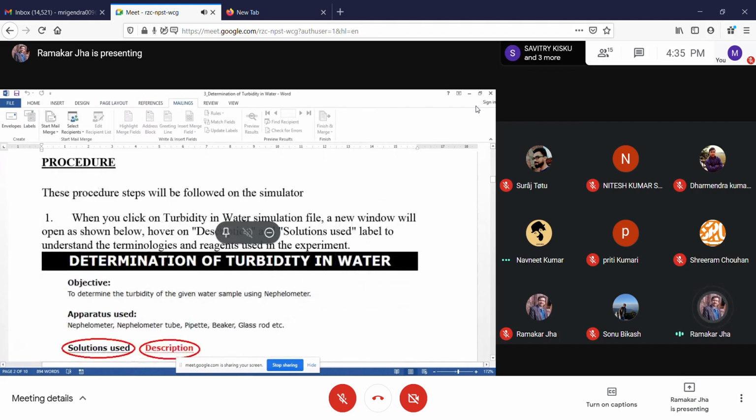Now the procedure. We have to find out the turbidity. So how can we do so? When you click on turbidity in water,